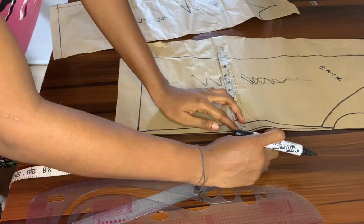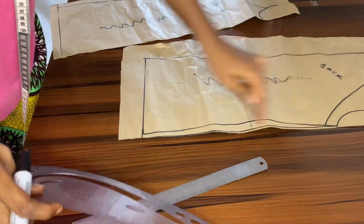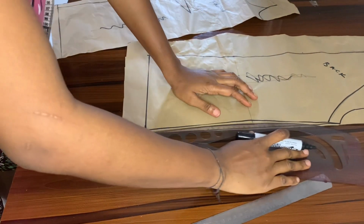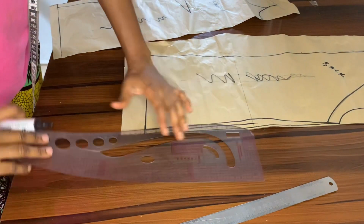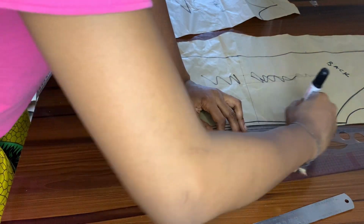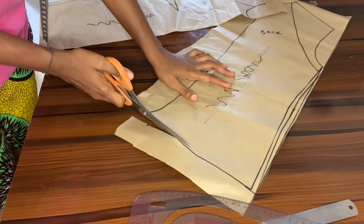Then just like I did the front again, I'm extending my waist, taking 1/4 of an inch from this new side line. Then I'm going to blend that downwards, and I'm going to blend that upwards into my new side line. So when I'm done doing that, I'm going to just trim,